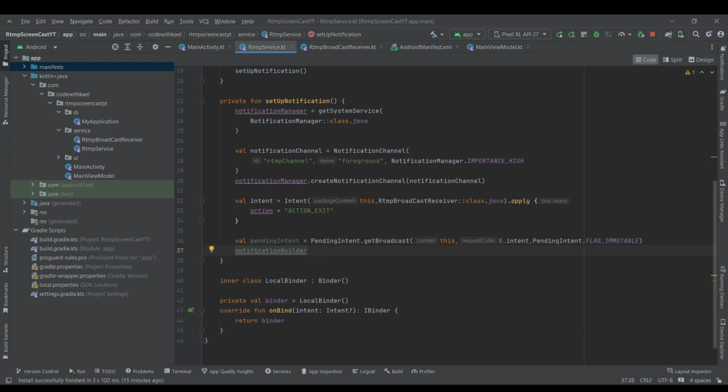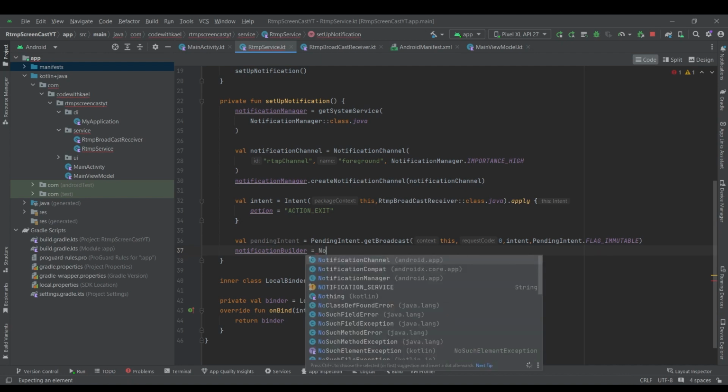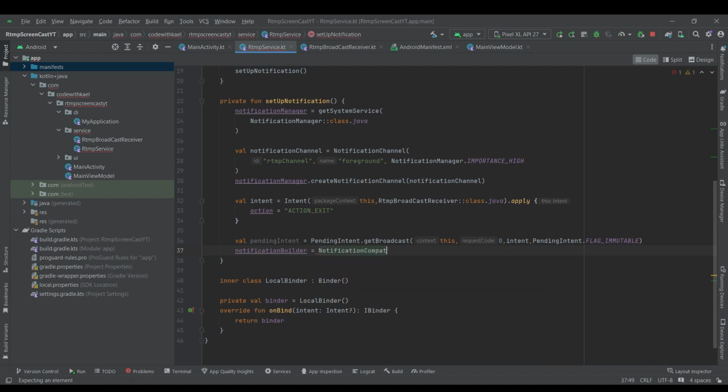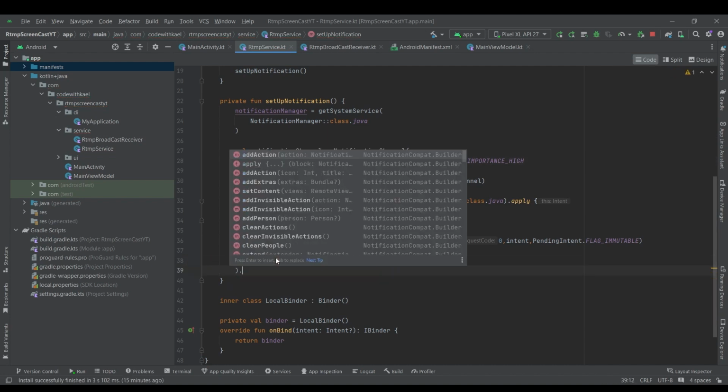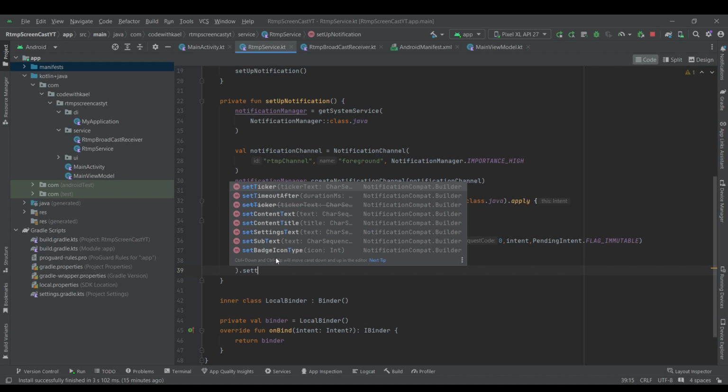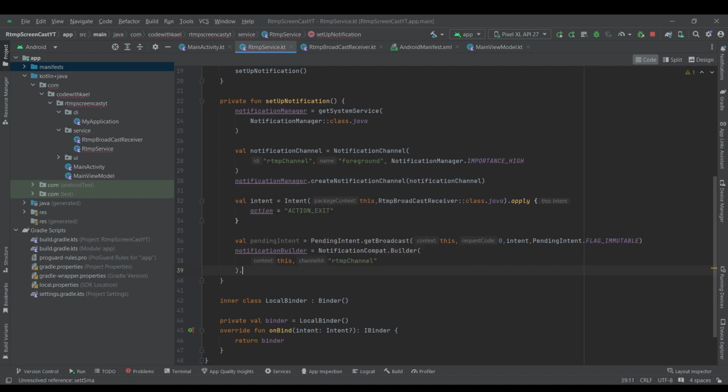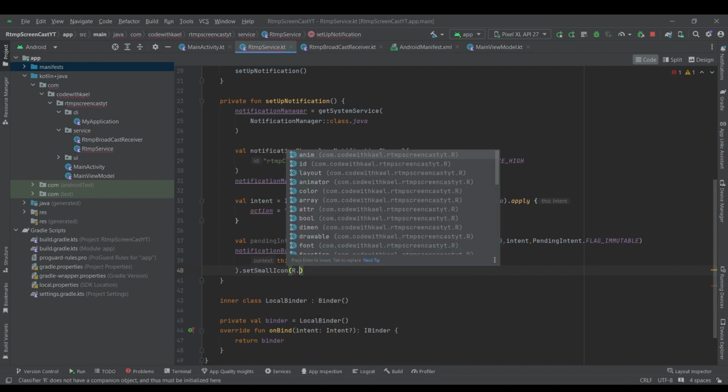And we will instantiate the notification builder like this, NotificationCompat.Builder, and simply pass this as the context, and the channel is going to be the exact same here, and add some properties to your notification like small icon. I'll add my launcher icon,